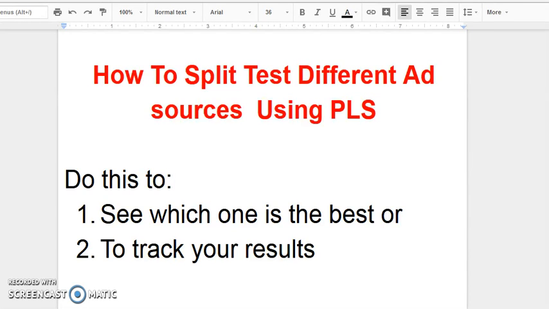In this video I'm going to show you how to use the PowerLead system to track the different advertising sources you're using. This is going to be how to split test the different ad sources you're using in the PowerLead system. Typically you'll do this because you want to see which ad source is providing the best results for you,